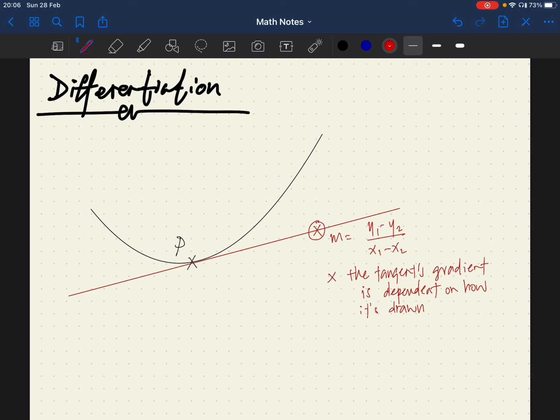So our gradients will all likely be different, even though we are finding the gradient of the tangent at the same point, which doesn't make sense because the gradient of a tangent at a point should be a fixed number. That is a correct answer in that sense. Okay, so the second problem, which is an extension of the first problem, is that a slight deviation